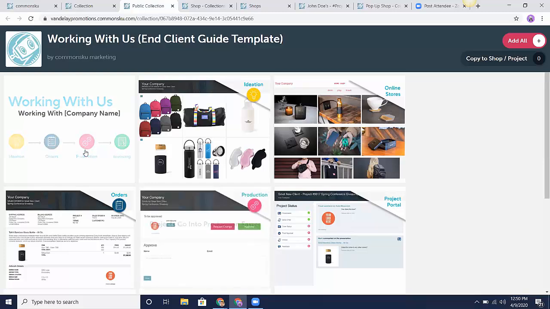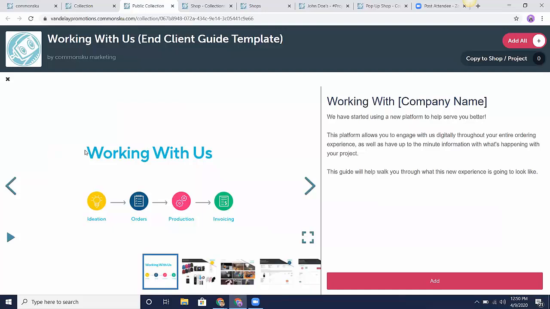It's a guide that you can use to share with your client base on why the system, aka commonsku, that you're using will benefit them. Now, we don't obviously write our name anywhere in here, but it's all about creating that stickiness with the client and trying to create a streamlined and efficient ordering process and telling them why what you are doing is the best. So this is a way for you to show them all the benefits that they get from the system